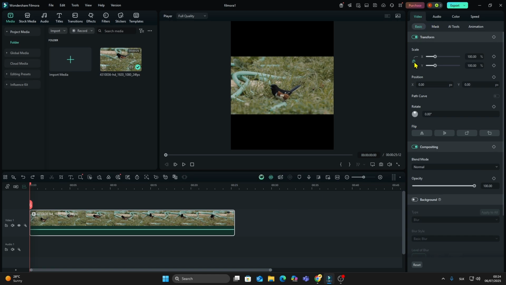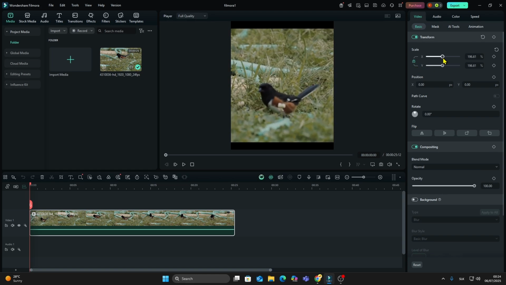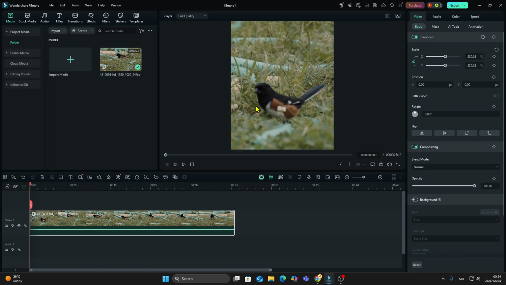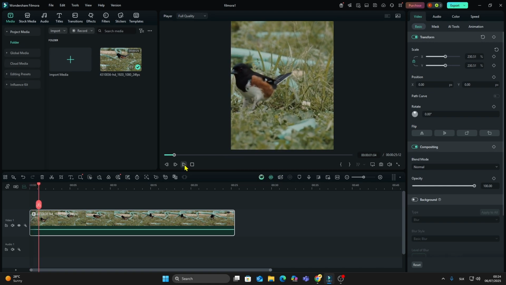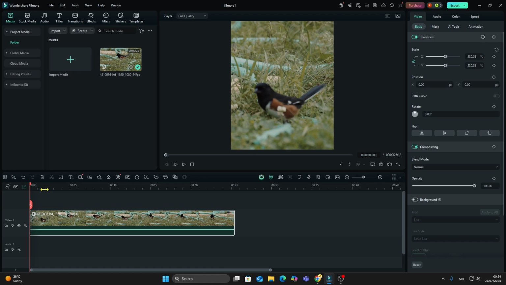Before adjusting anything, make sure the lock icon next to the scale settings is green. Now, drag the scale slider to the right to zoom into your clip until the black bars are no longer visible. Yes, you'll lose a bit of the image from the sides, but the result is a clean, full-frame look